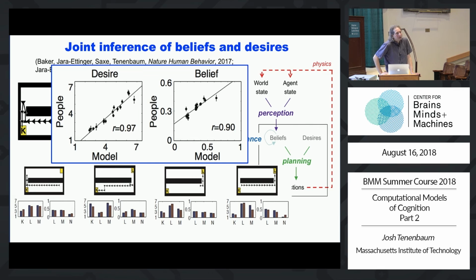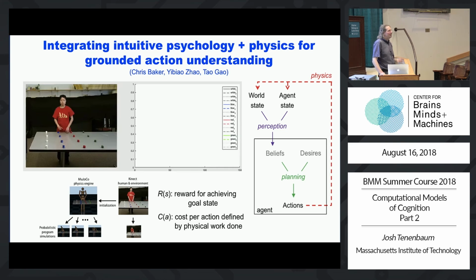Okay. So again, I think this is really starting to show that we can reverse engineer these aspects of not just common sense physics, but also common sense psychology as it sits on top of physics. Another thing we've been scaling up to, the way I thought of this, is more like scaling from grid worlds, little dot worlds, to the kind of things that are more like what we do in our natural world or what AI robotics would want. So actually taking video of somebody reaching, a real person reaching for an object in three-dimensional space. In this case, there's a 4x4 array of objects.